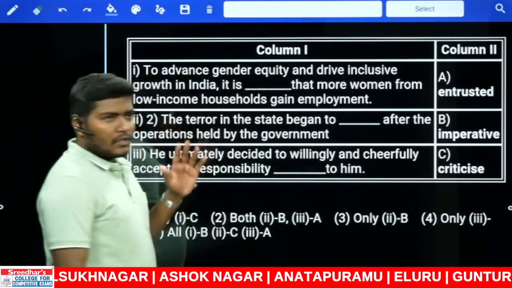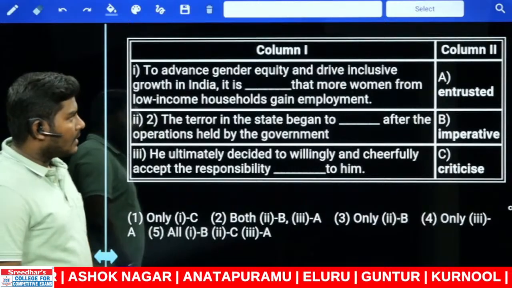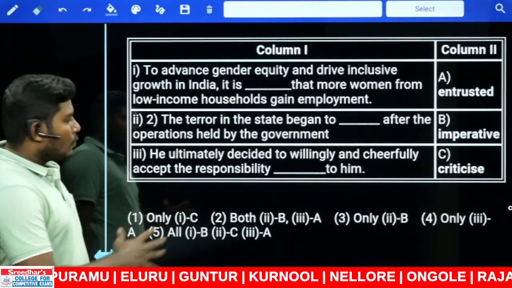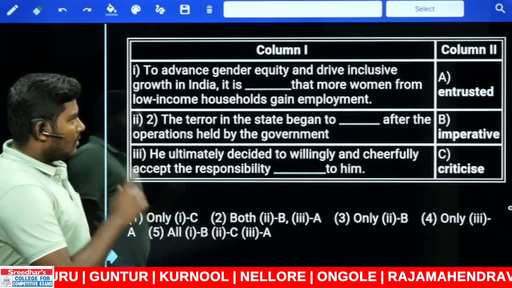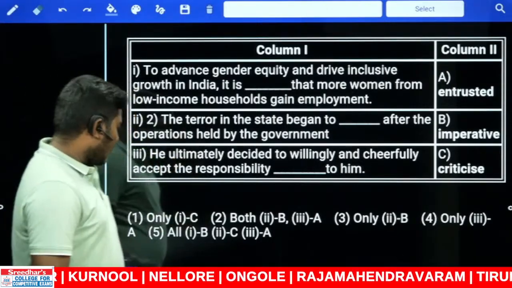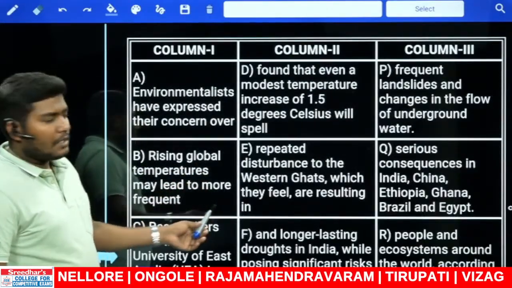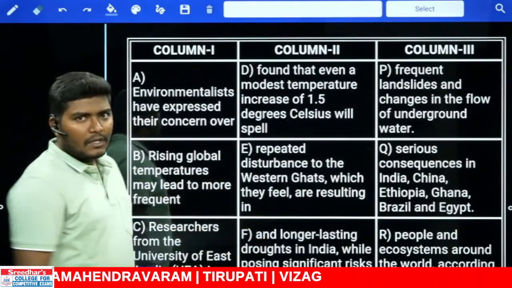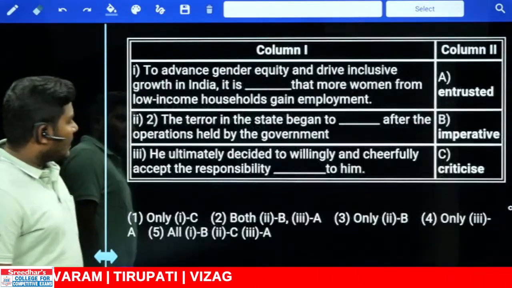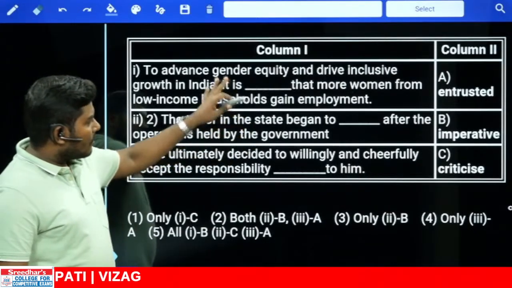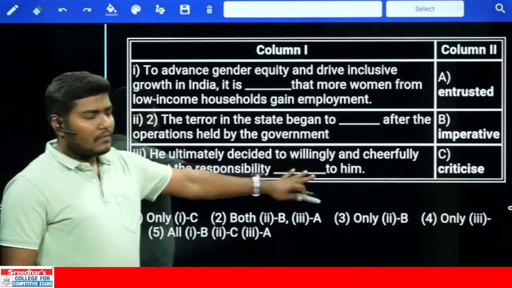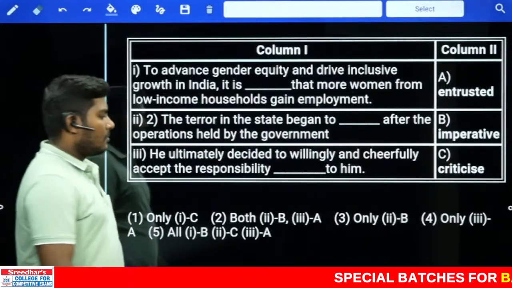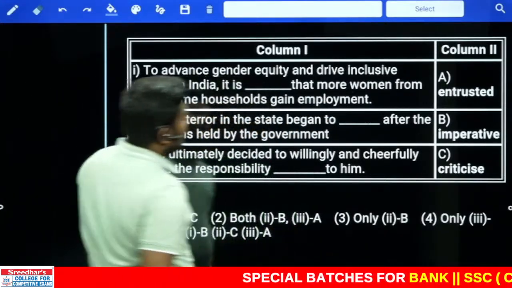Let us get started with today's mains paper practice session. The first section is for columns. There are two types of column questions given. One section is one question and another section is another question. These are also columns but with a different model. Three combinations of columns with three different combinations of sentences. And in 124, here we have three statements given with fill in the blanks, and we need to fill those blanks with the words given in the other column. Okay, so let's get started with the combinations here.